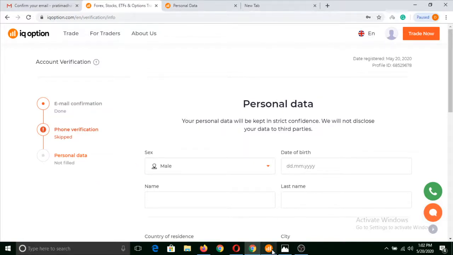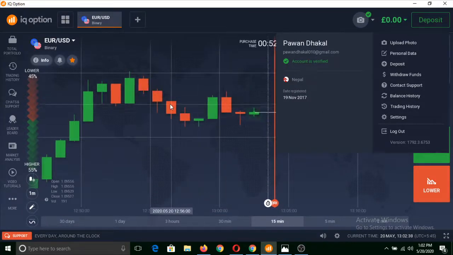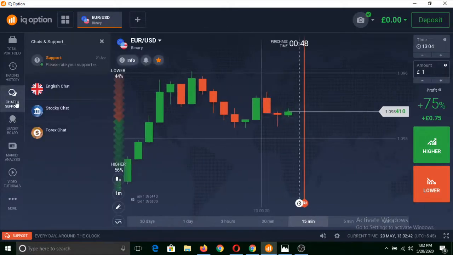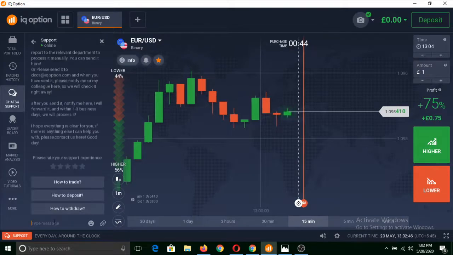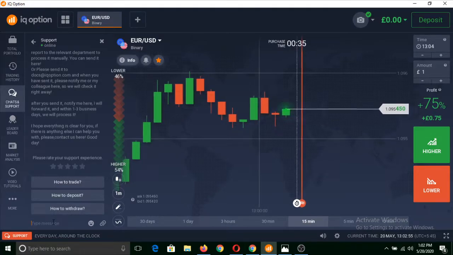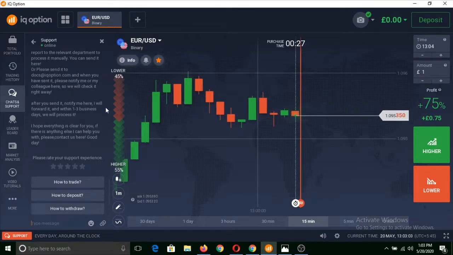Now you just go to the app that you have downloaded already and then simply go to chat and support, click on support and tell them, hi, I want to verify my documents. What do I need to send and where to send? You just type this message and send it, and they will give you an email address like docs@iqoption.com, and then you can simply